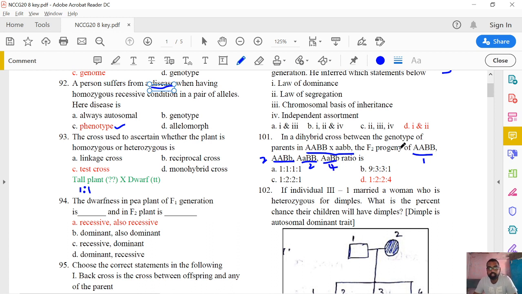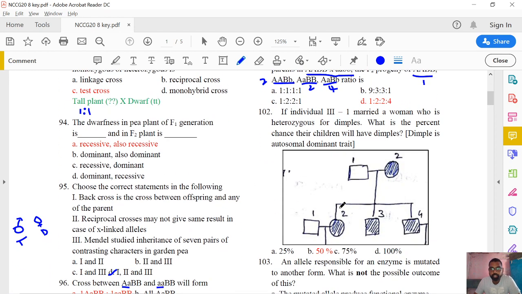So in F2 generation, always the double homozygotes like this, or maybe small a, small b, or capital A, small b, like this, any double homozygotes will be 1, single heterozygotes will be 2. The other example for single heterozygote is capital A, capital B, or capital A, small b. All these are the single heterozygotes. They will be 2 each. Next, this is single heterozygote again. This is also 2. This is double heterozygous. This is 4. Therefore, the answer is D.